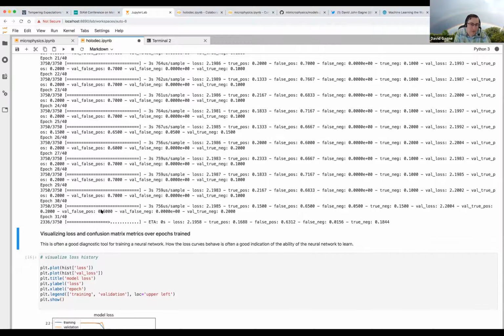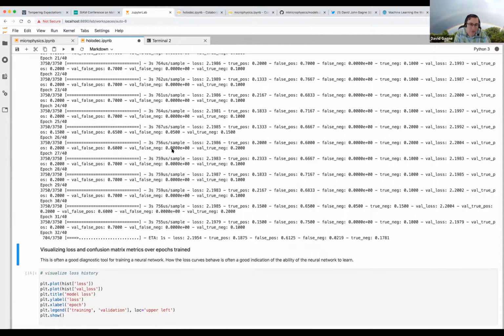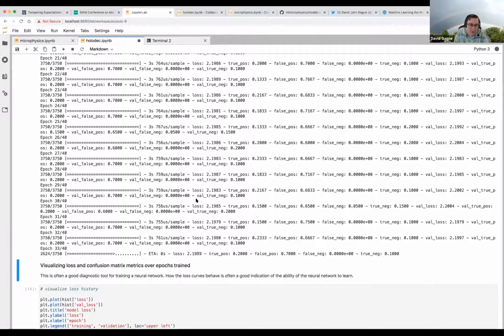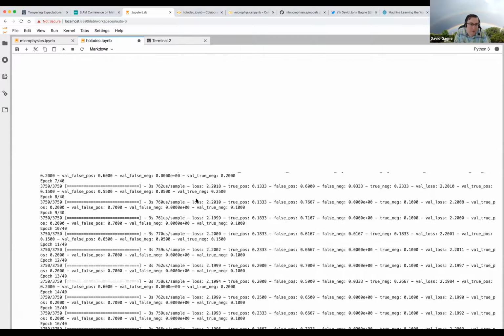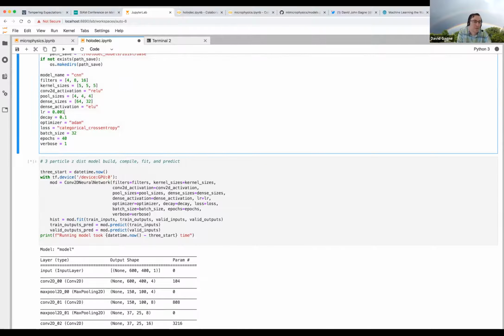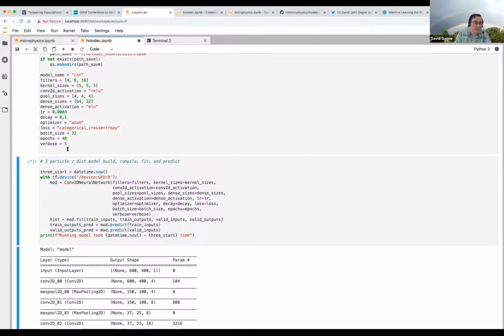And as is the nature of a lot of live demos, in this case, it doesn't seem to be dropping. I'm going to try again. We're going to stop and